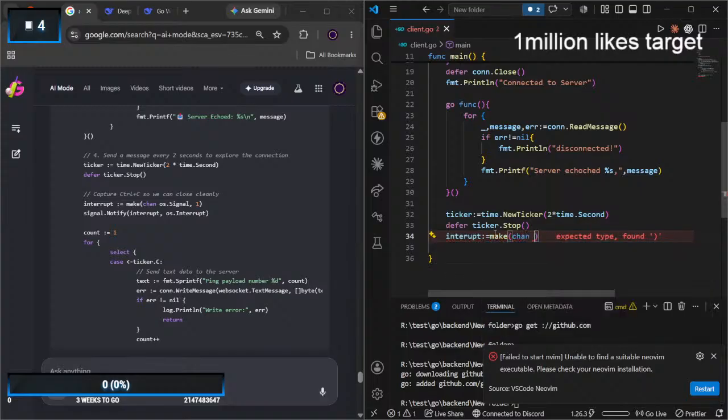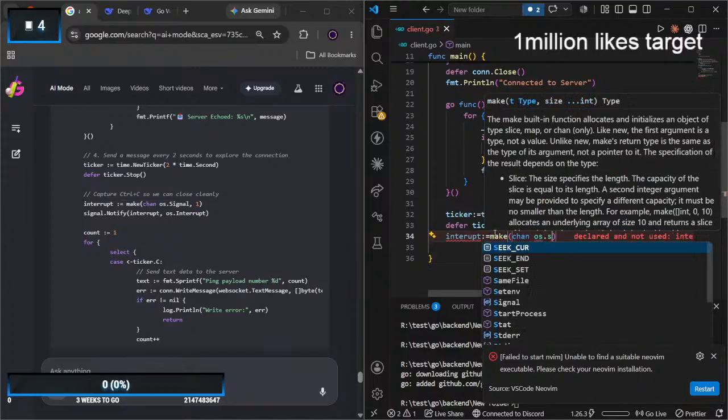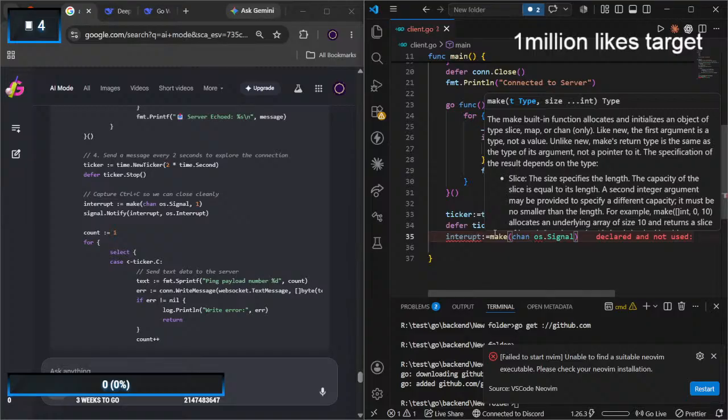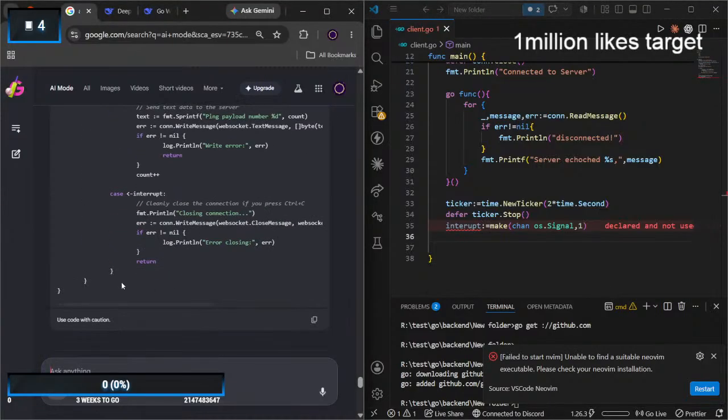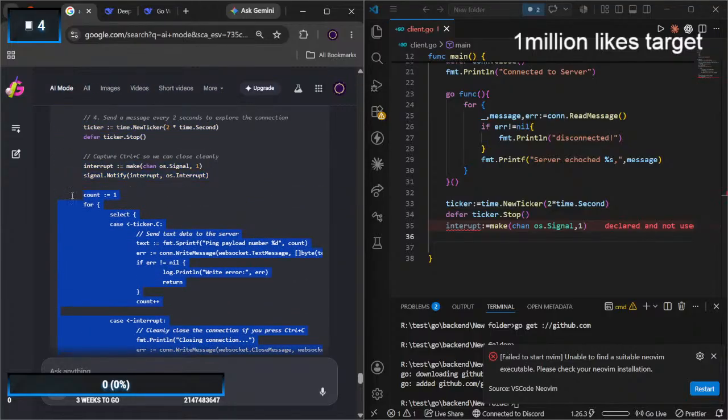I'm not able to understand after my ticker. Even this part is not understandable. Let me ask it. From here I can't understand. Ticker I'm not able to understand.